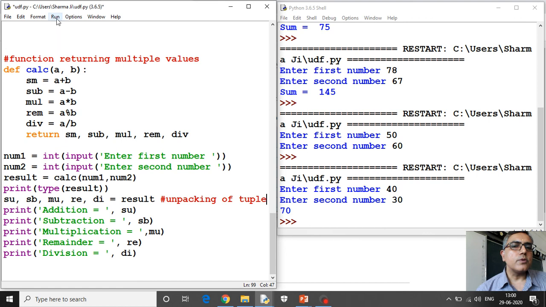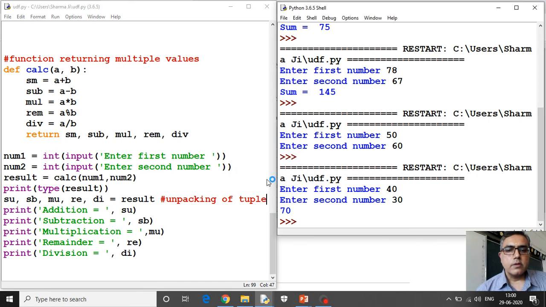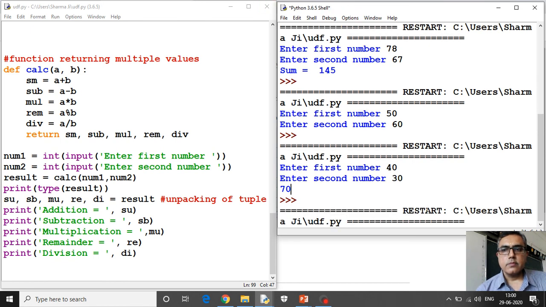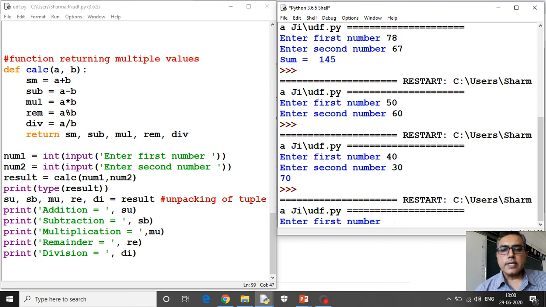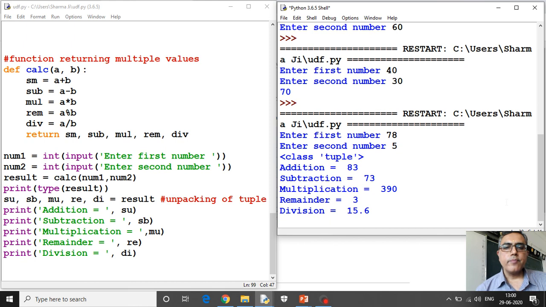Let us run this code. Now it is asking me to enter the first number. I'll give 78. Second number I have given 5.